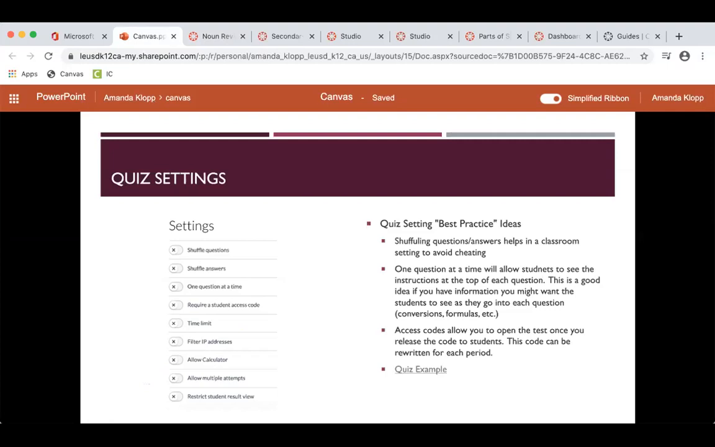Access codes allow the students to open the test once you've released the code to them. So let's say, for instance, you're on your Zoom and you want them to take the quiz. They'd all get logged in, you'd give out the code, and then they would be able to access the quiz. If you wanted to change that code for the next period of students, so those kids couldn't message it out and say, hey, here's the code for you to take the quiz, then you can change the code right away once those kids are in for the first